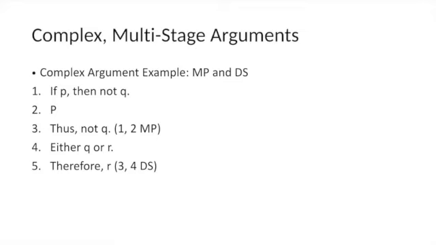So what happens here is we've got lines 1 through 3 are the first stage of the argument. We've got premise 1, premise 2, and then conclusion 3, line 3 there. And it's just a modus ponens argument. If P, then Q, P is affirmed, modus ponens, mode of affirmation, thus not Q. I should have said not Q here as well. Both are not Q, right? So again, whatever is in the consequent spot is derived as the conclusion,